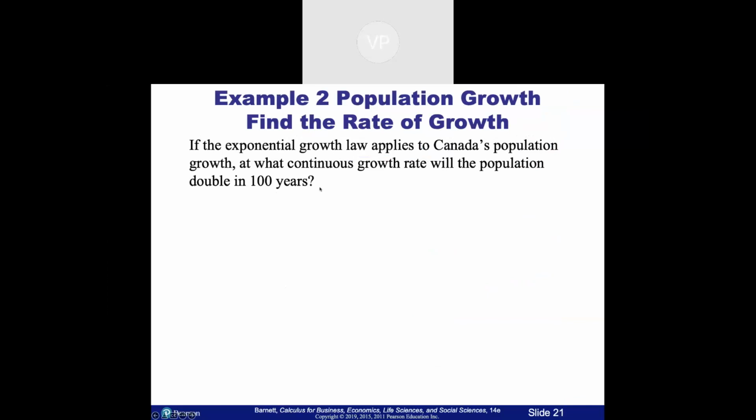Okay, so another population growth, find the rate of growth. So it's going to be a little different. We're going to find the r. They tell us that a population will double in 100 years. Again, we're using a different formula this time. Whenever you see a 0, that means the start, the initial, the first one, or when time is 0. So when a population is going to double, it means it's going to be 2 times the original,